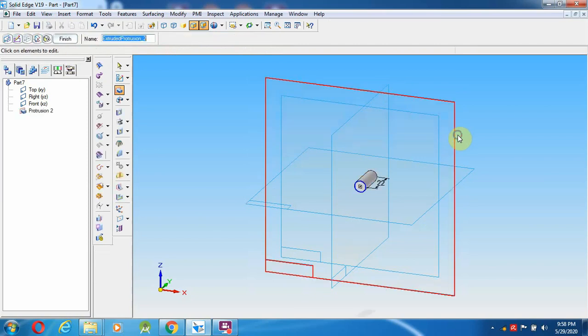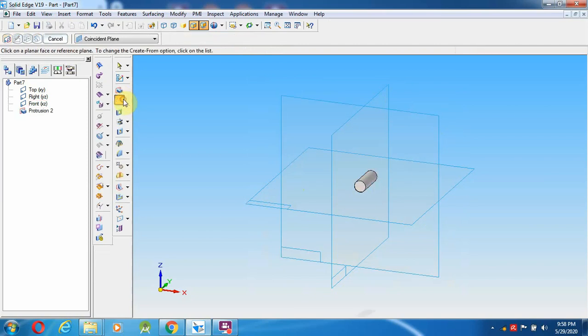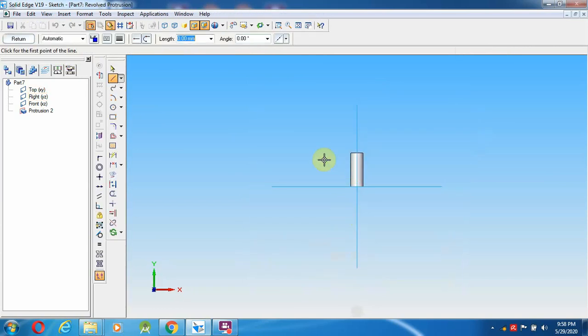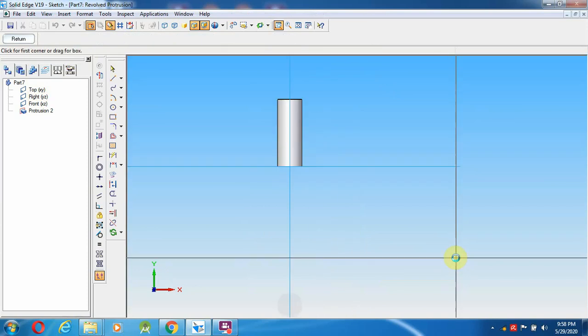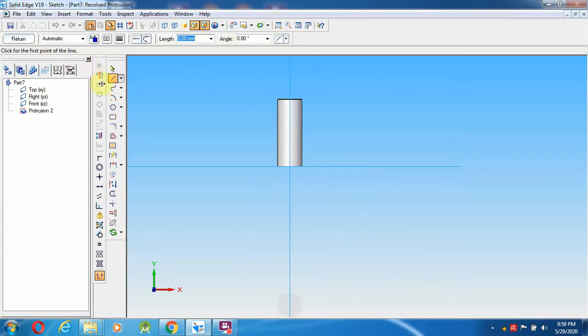Enter that side. Now I am going to select a revolve protrusion in the mid plane. In this mid plane I am going to draw any one end, so from here to here it will become 16 mm. I am going to get 8 and select arc by center point method from here up to the mid.